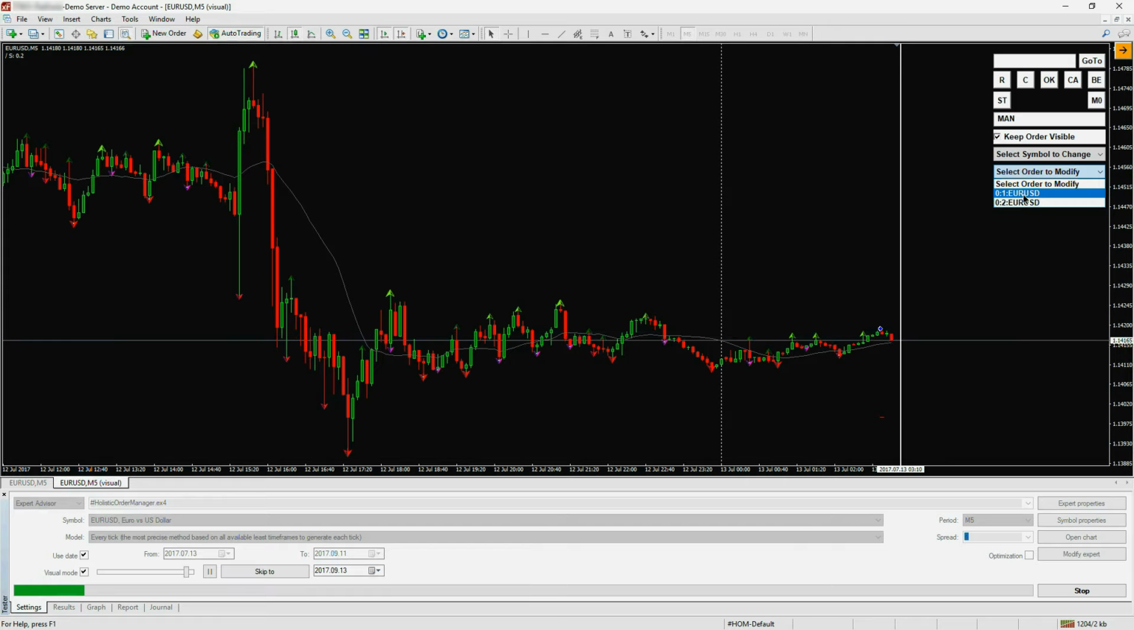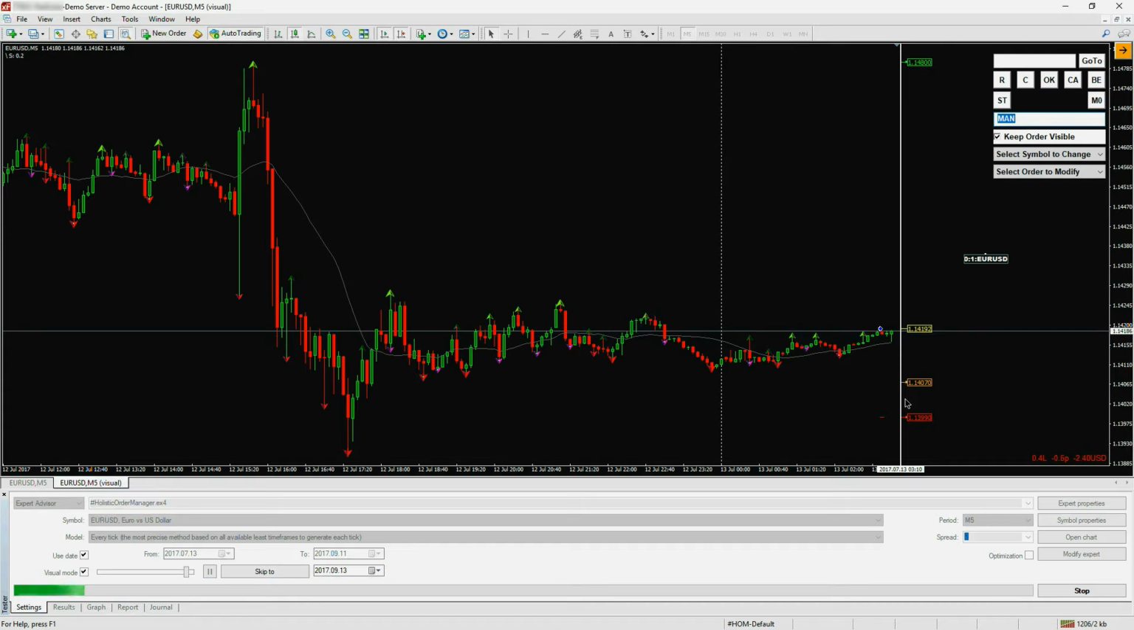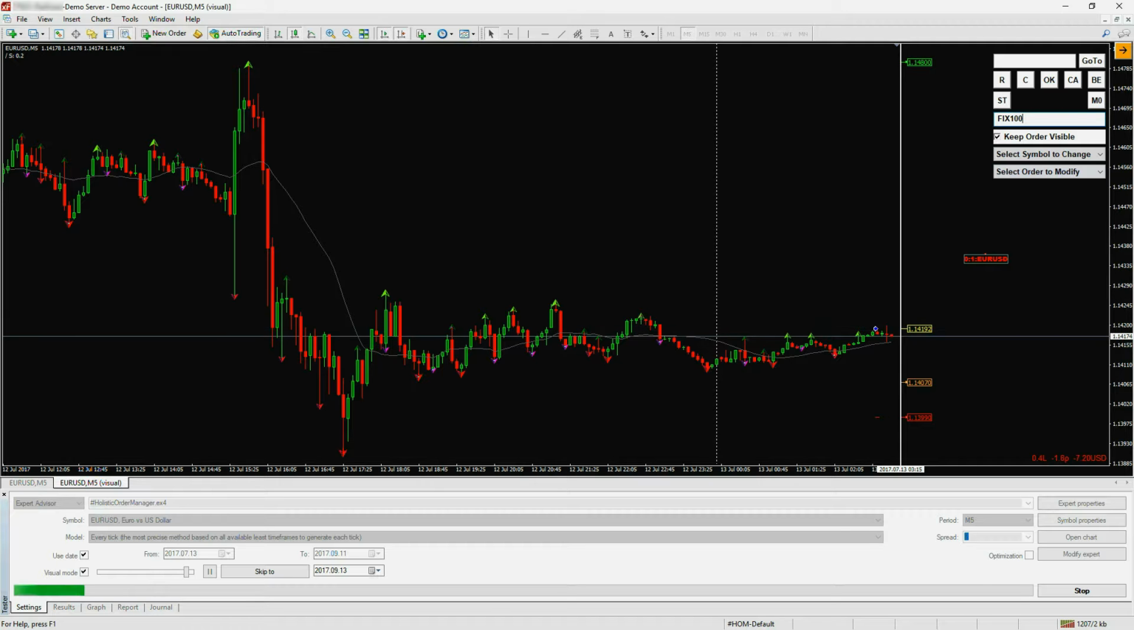Now let's open this order. Here you can see that I have a trailing stop method of manual. That means I will move my stop loss manually. But if I want to change that trailing method to fix 100, let me pause it. Fix 100